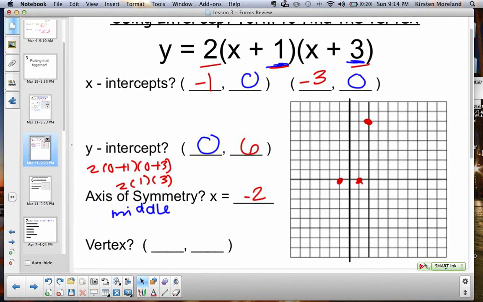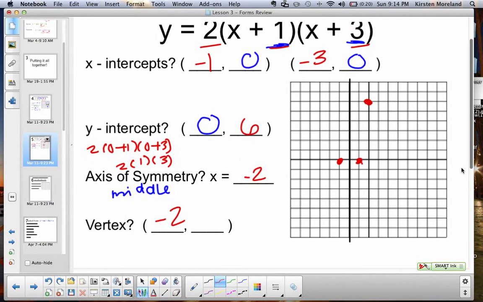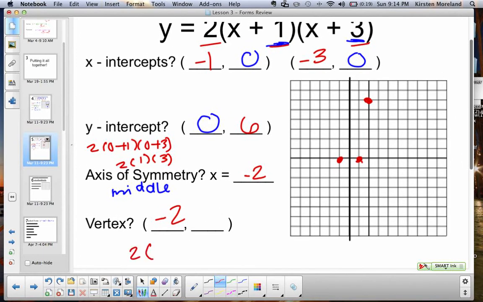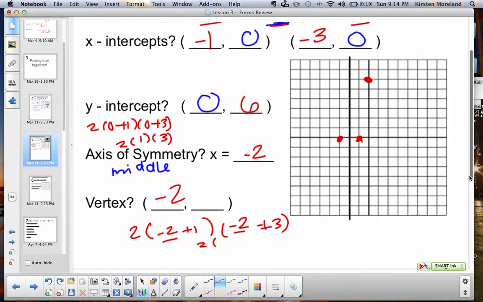The vertex means it has to fall somewhere along there. We know the x-coordinate of the vertex is negative 2. So all I'm going to do is take my equation, 2 times x plus 1 times x plus 3, and I'm replacing the x now with the x coordinate, which is negative 2. So it's 2 times, scroll down, negative 1, because negative 2 plus 1 is negative 1, and negative 2 plus